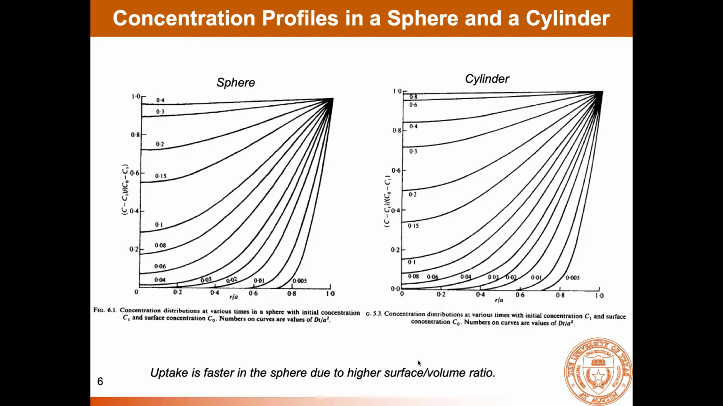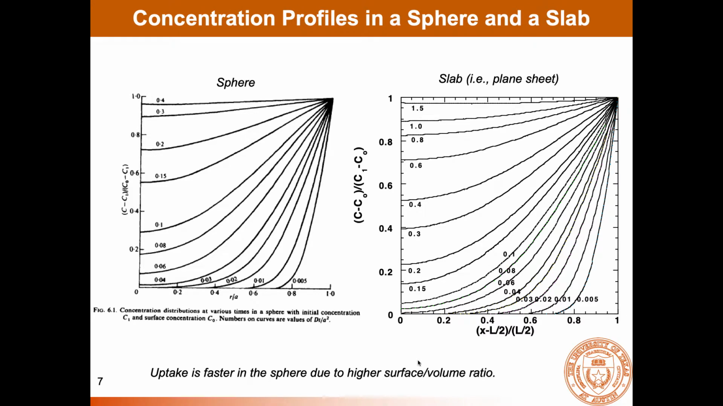And so this is just comparing the concentration profiles that we've seen in the sphere with those in the cylinder. And again, you see that in the sphere, you don't go to as large a value of Dt over the radius squared as you do in the cylinder before the diffusion is effectively over. Here's a comparison between the sphere and the slab. And again, you see these profiles, they look similar. And that's because the underlying differential equations look similar, and